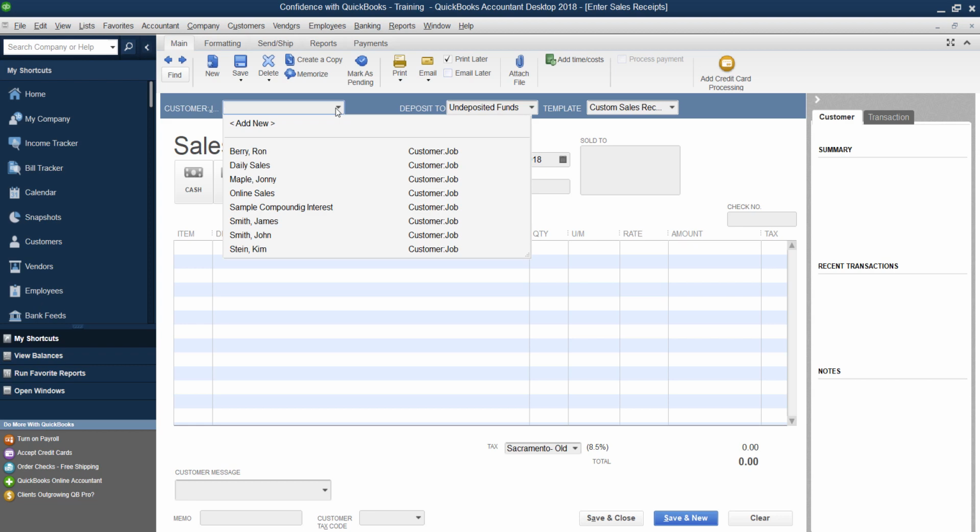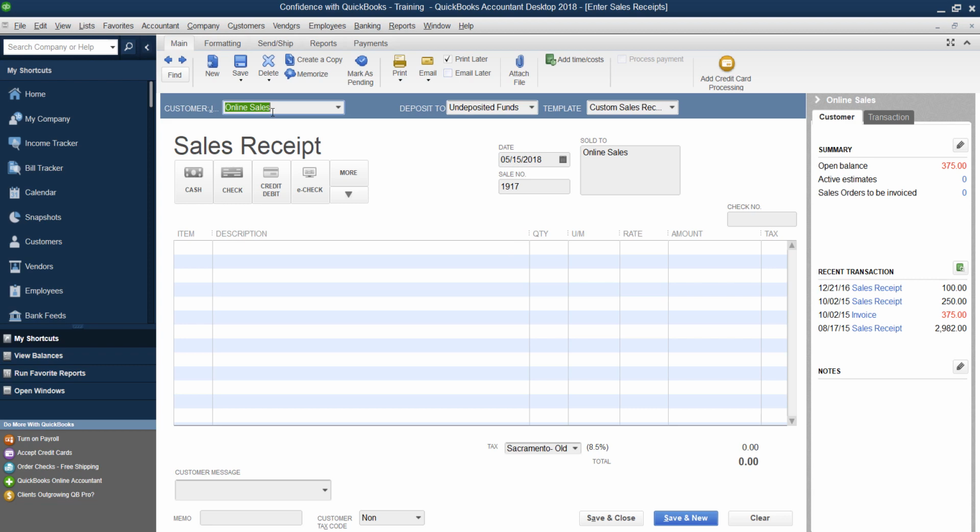You can choose in a sales receipt, depending on how you're tracking your PayPal, you can either have each individual customer as a customer in QuickBooks, or you can have basically daily sales, online sales, where you put all your customers without tracking their individual names. For me personally, I have too many different customers that I only maybe sell 1, 2, 3 items to over the life of them being my customer. So for me, I don't track each individual customer because my customer list would just become too long.